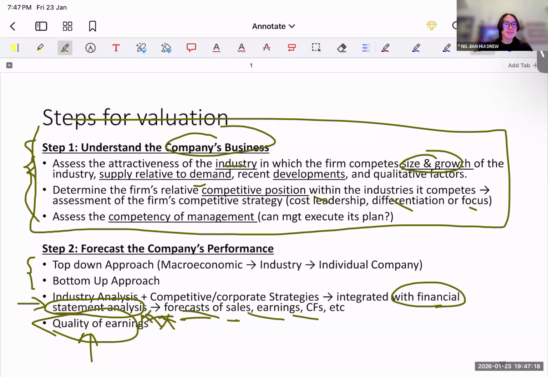Now, I was looking at the financials of Olam recently, and I noticed that they have quite substantial FX gains and losses, foreign exchange gains and losses on their income statement. So my question to all of y'all is, if a company has lots of FX gains and losses, what does this tell you about the quality of their earnings? Inconsistent, poor. Okay, very good, very good.